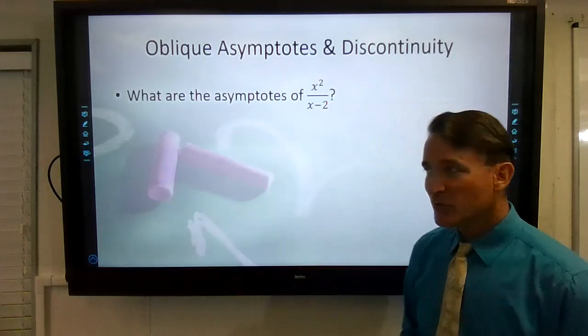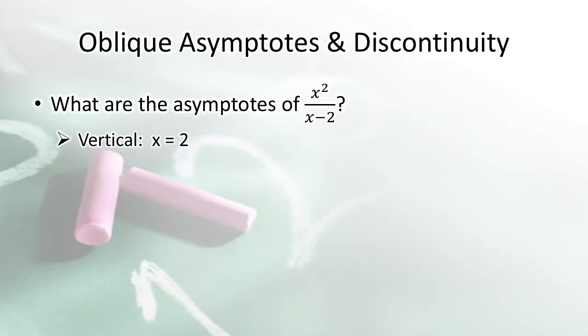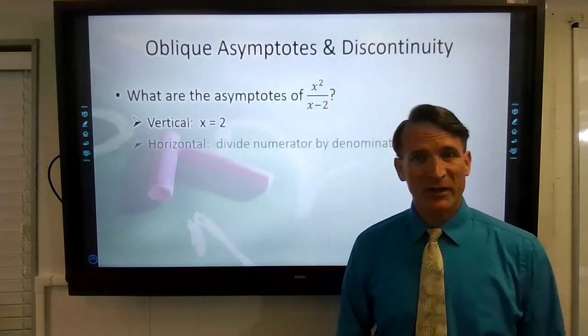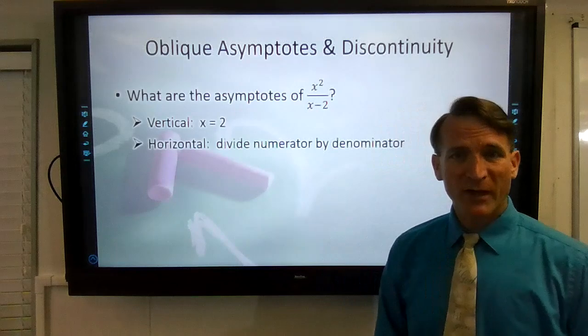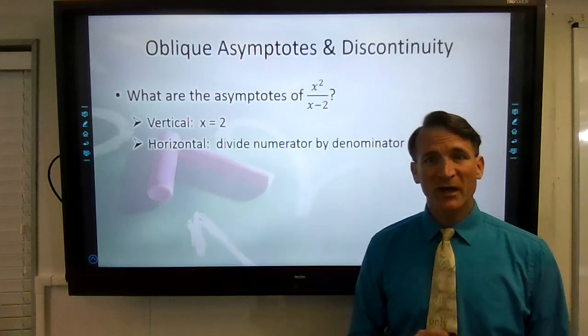So to begin with, let's look at the vertical. X cannot be equal to 2. That would put me at a 0 in my denominator, which would be a vertical asymptote. So x equals 2 is my vertical asymptote. For my horizontal asymptote, since the numerator is greater than the denominator, there is no horizontal, but I do have